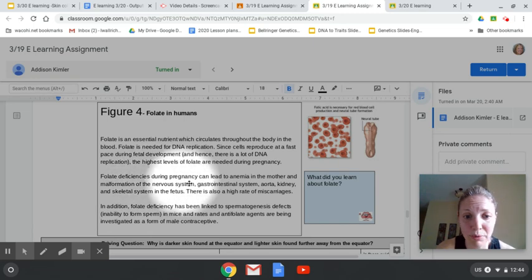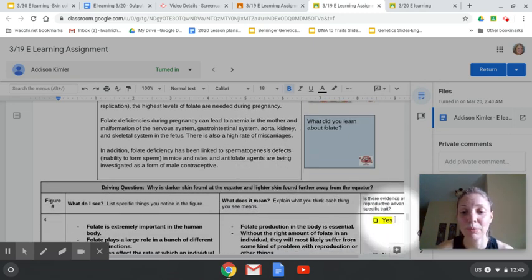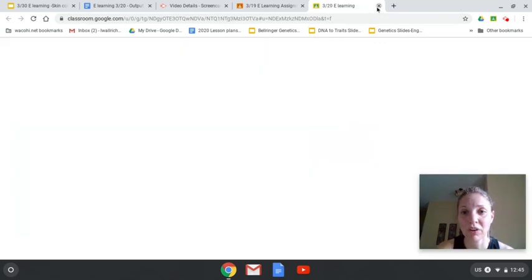that folate deficiencies during pregnancy can lead to anemia in the mother and malformation of the nervous system, gastrointestinal system, aorta, kidney, and skeletal system in the fetus. There's also a high rate of miscarriages. So this is saying there's a reproductive advantage if you have high levels of folate when you're pregnant. I looked at a lot of people's, and they had no for this one, and it should be yes. This is the only one that you're getting yes for at this point. Okay, so now let's move on to